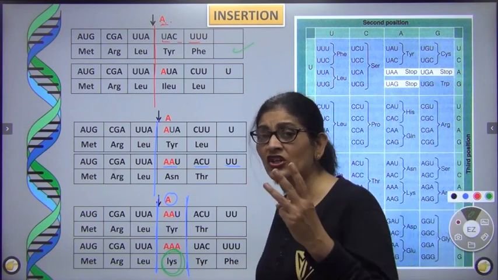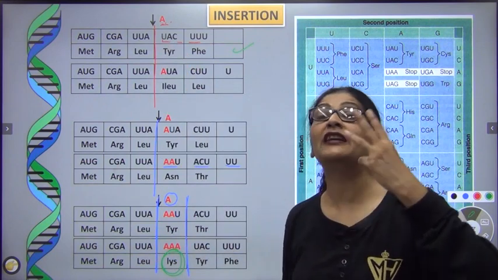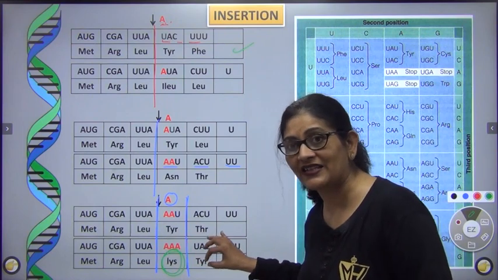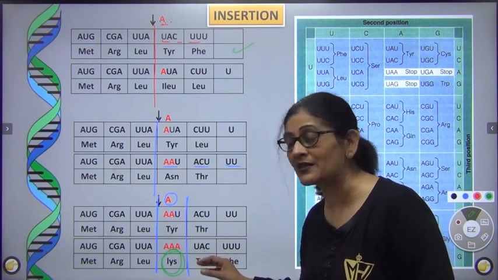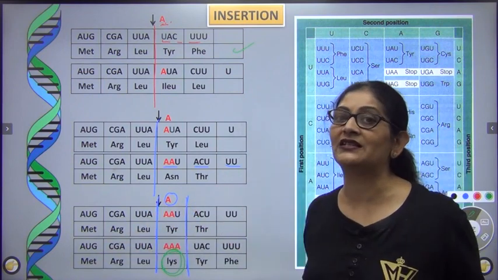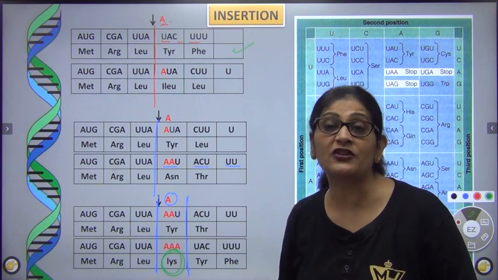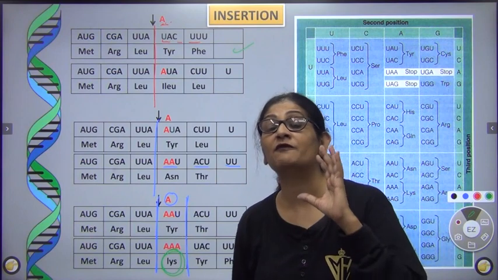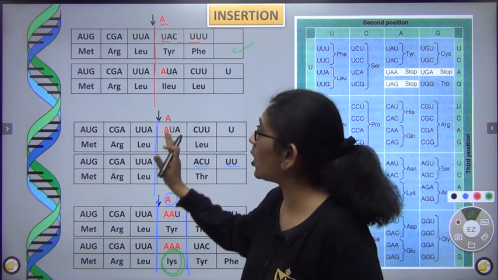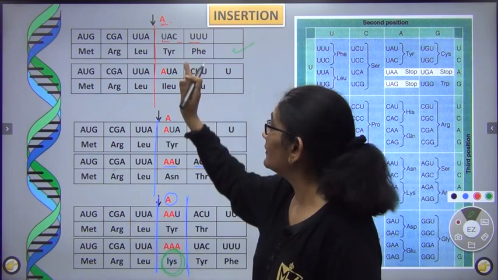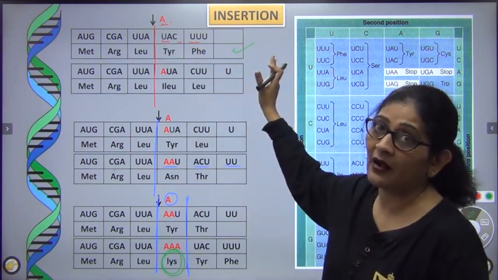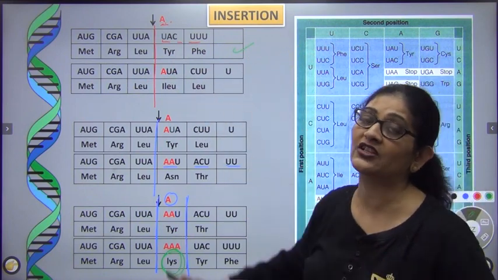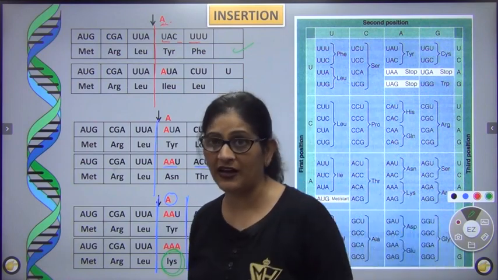Now, with addition of 3 nucleotides or multiples of 3 nucleotides, it has been found that the amino acids just change in those multiples, but the previous and the remaining amino acids remain the same. इससे हमें frame shift mutation से proof हुआ that the genetic code is triplet. But what is frame shift mutation by itself? Addition or deletion of a nucleotide, जहाँ आप ऐड करेंगे उसके आगे का कोडॉन का जो रेंज है, it shifts. As a result, the corresponding amino acids shift. This type of mutation is called frame shift mutation.